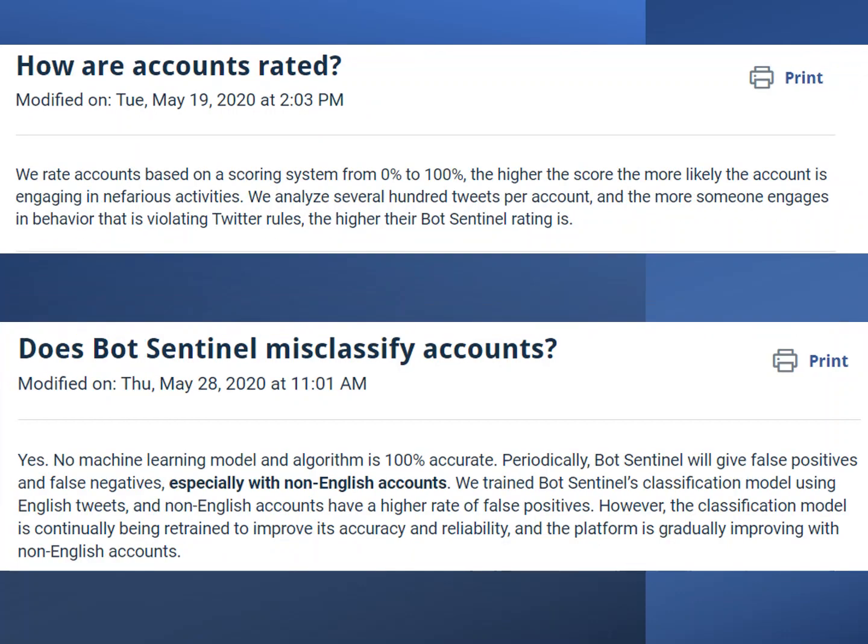Our accounts rated, updated Tuesday, May 19th, 2020. We rate accounts based on a scoring system from 0 to 100. The higher the score, the more likely the account is engaging in nefarious activities. We analyze several hundred tweets per account, and the more someone engages in behavior that is violating Twitter rules, the higher their Bot Sentinel rating is. You are not supposed to be analyzing 100 tweets per account